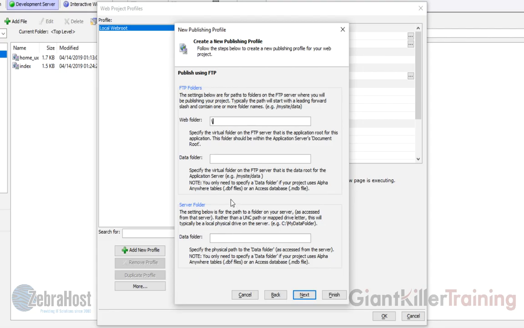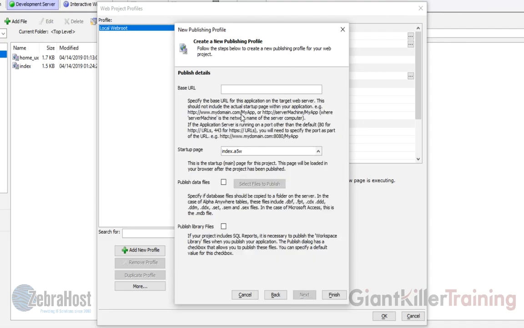These are not necessary in our particular situation. So once you've done that, click Next. Now this is the base URL. So this is the URL on the server when your application is running. So that is